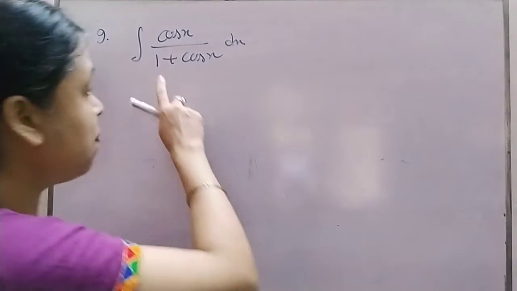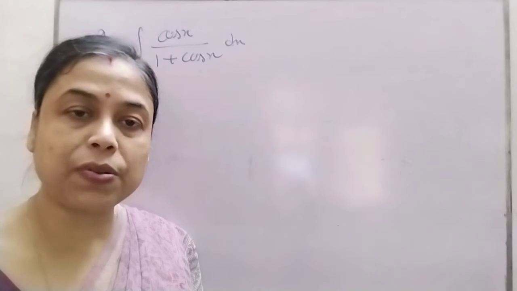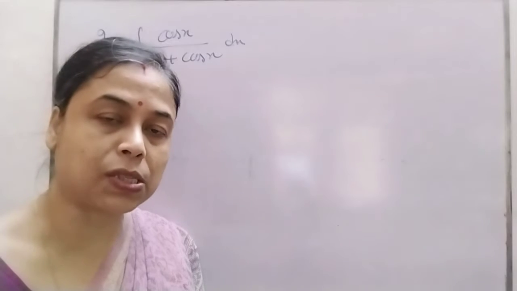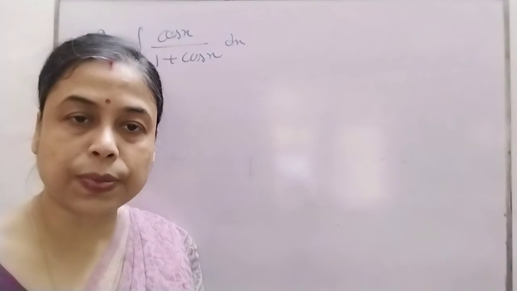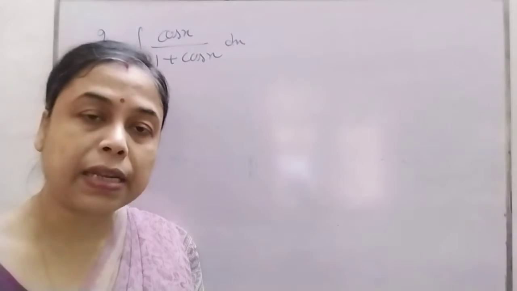That means here when we have 1 plus cos x, I'm going to multiply it by 1 minus cos x. So that is converted to a single expression. Because if you do the product of 1 minus cos x and 1 plus cos x, then it will be 1 minus cos square x, which is sin square x. So convert to a single expression. Isn't it? So that type of questions are done.